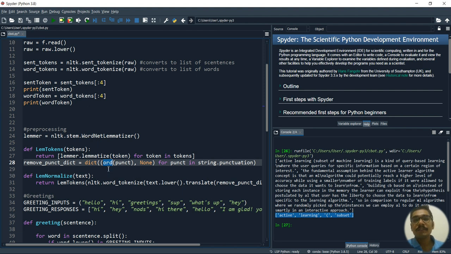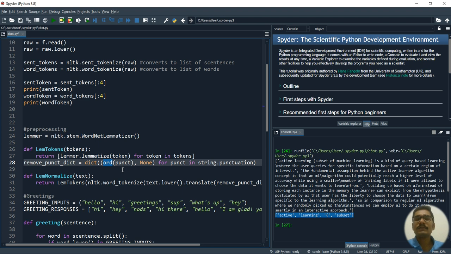So the ord function works in this way. It will take any Unicode character: this comma, colon, double quotes, single quotes, question marks, exclamations, hashtags, all these things it takes as input. That is a Unicode. There will be some specific Unicodes for this. It will convert it to an integer counterpart.